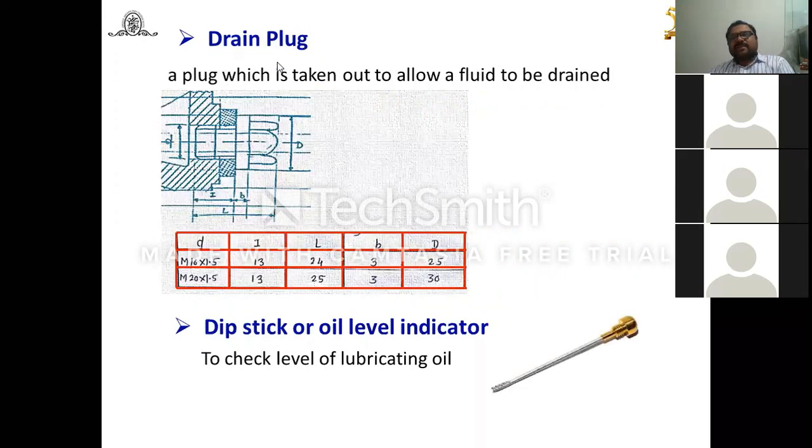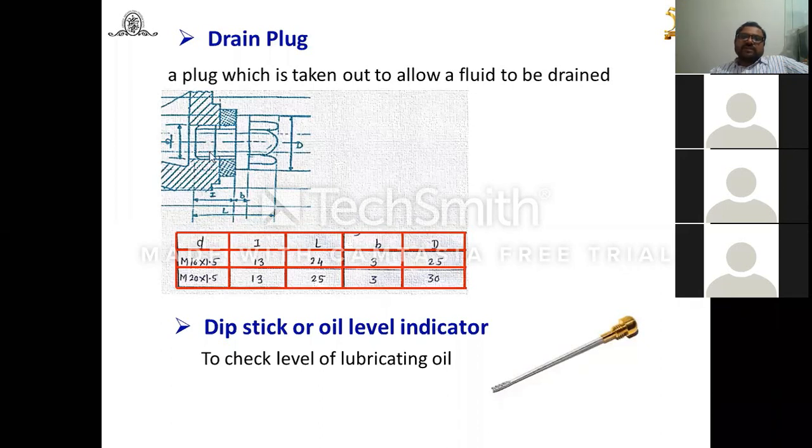The next one is the drain plug. Another important component is the drain plug. Why is the drain plug provided? It is provided to take out the fluid or lubricating oil, which is drained out. You will find its position at the bottom side. Again, the inside surface of the casing at the bottom should have some inclination or slope, because of that we can easily remove the oil. Towards this slope side, look at the arrow where I am showing. Look at this arrow. Here you will find it's somehow inclined.